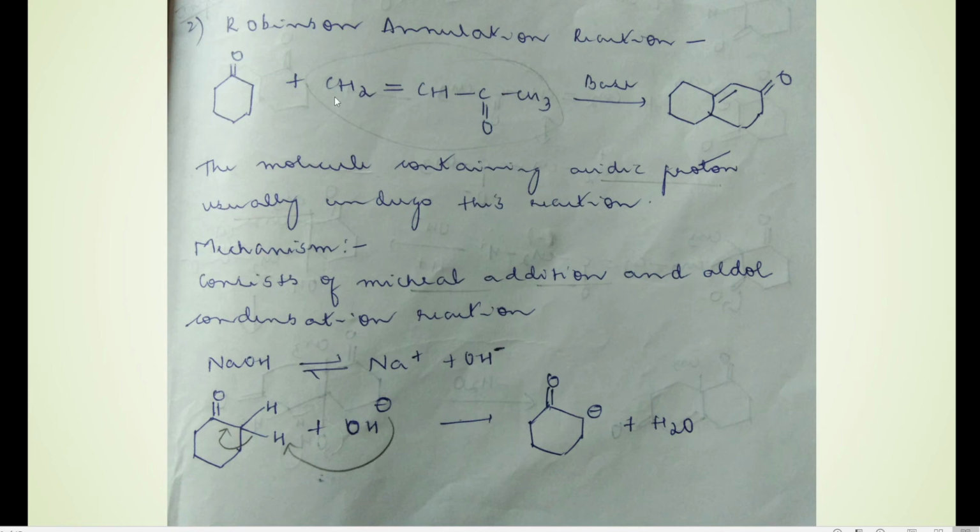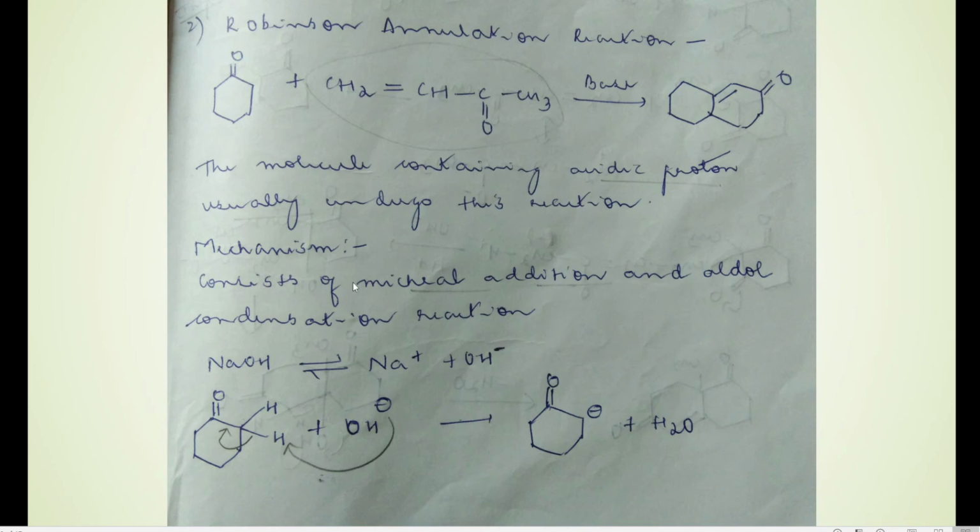When this molecule is made to react with a ketonic compound, you can see that there is a carbonyl group here, double bond O, so it is a ketonic compound. In the presence of base, we get a product which has an additional ring. Can you see the additional ring here? Initially it had only one. So there's an additional ring formation that has taken place here. This is an example of a carbon-carbon ring forming reaction. Now let us understand how the mechanism of this reaction proceeds.